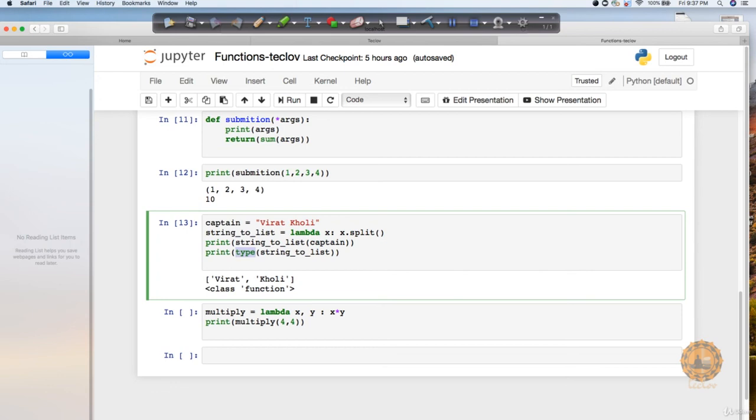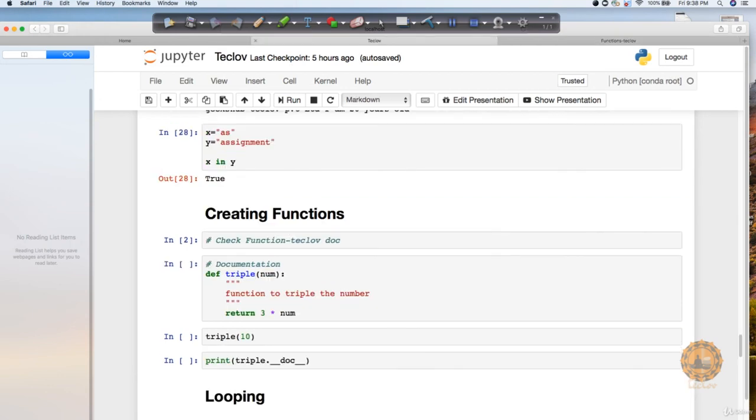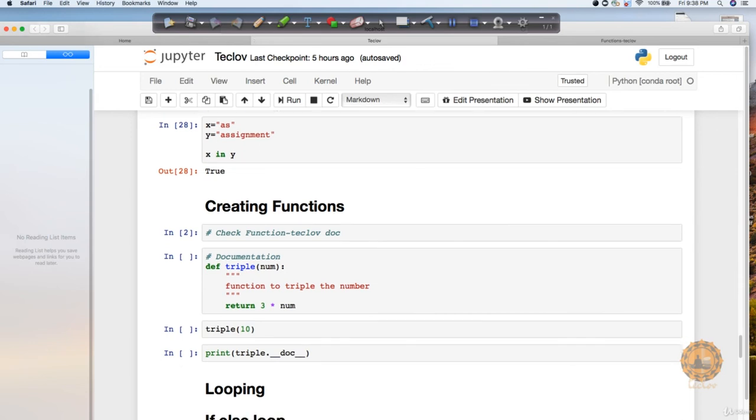Let's say if you want to create some documentation related to a function as well, you can do that. This is quite helpful when you are writing code. It's good that you should develop a habit of writing documentation. So in this case, if you say def triple, which is the function name, and passing an input argument, here you can just pass the documentation with this triple quote. Triple quote, provide the values to it, and you can see that it's saying return 3 into num. This is what I'm performing in this function.